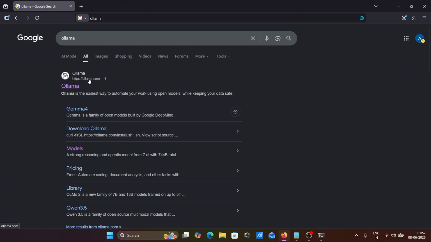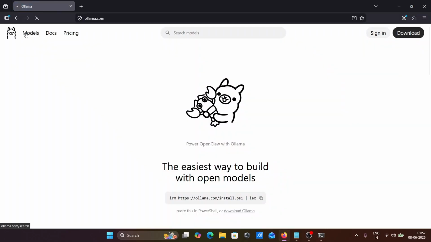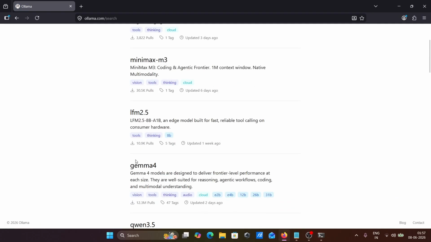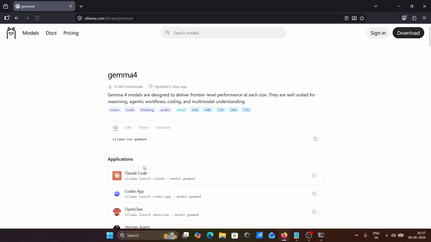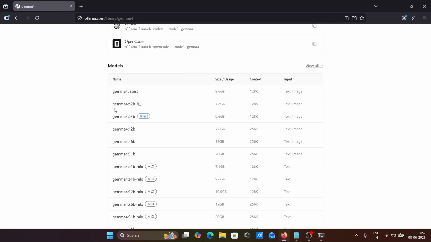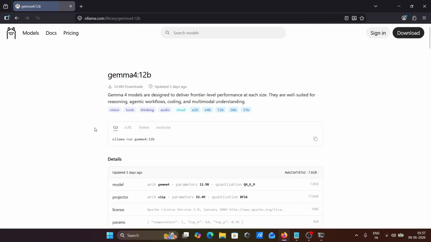So in the Google search box, write ollama.com. Then go to Models. Here you can see these models are available. Let's go for Gemma 4. Here you can see Gemma 4 latest, this one. 12B is the most famous. So let's click on this Gemma 4 12B. You can get this command. Simply copy and paste it there